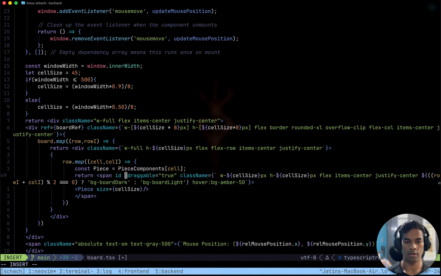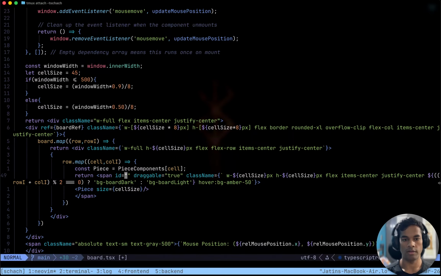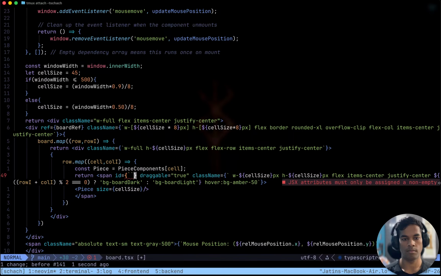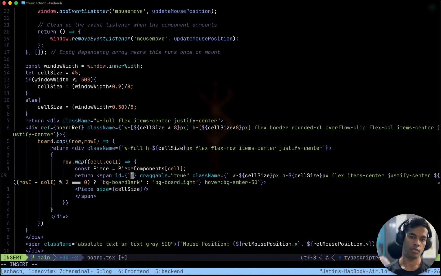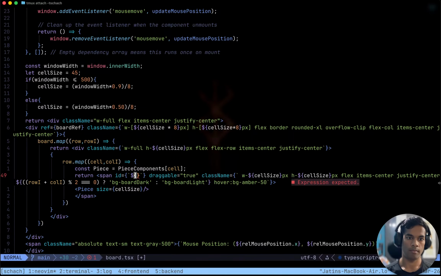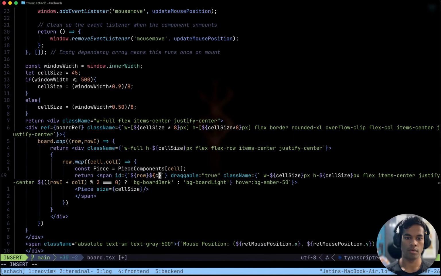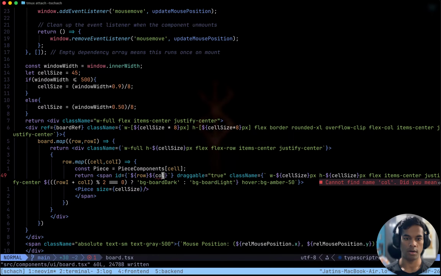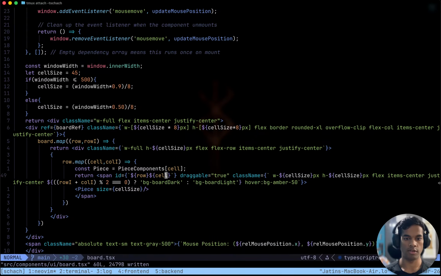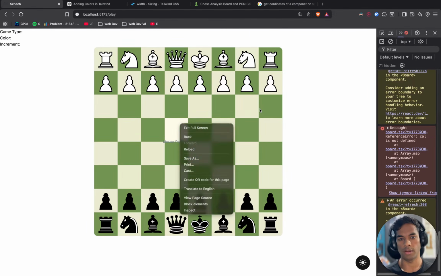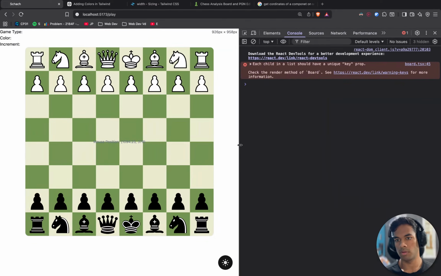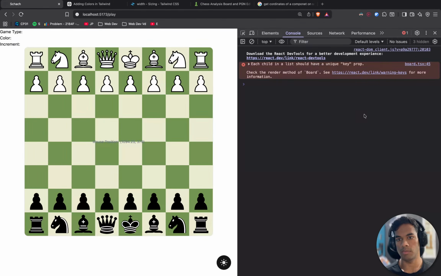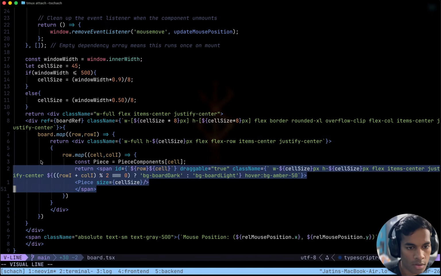Yep, ID equals... not this. ID would be row, column, no, cell: row and cell. So now each of these things should have an ID, which would be cool. Each child should have a unique key property inside board.